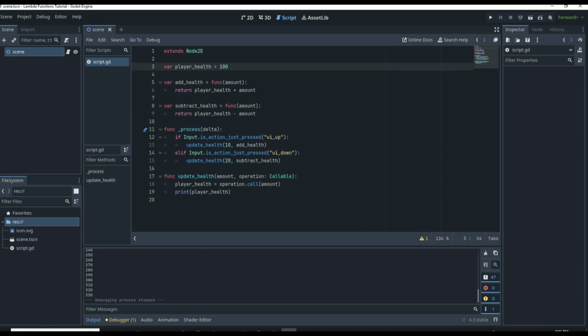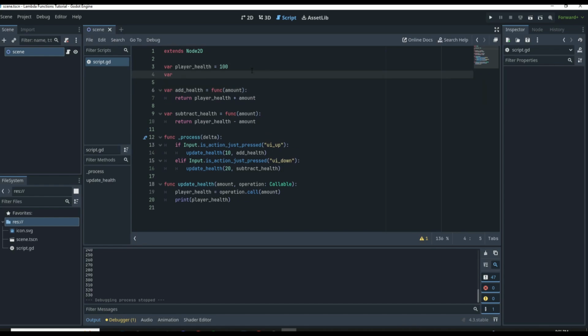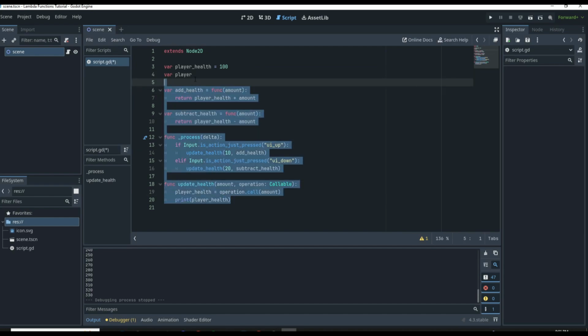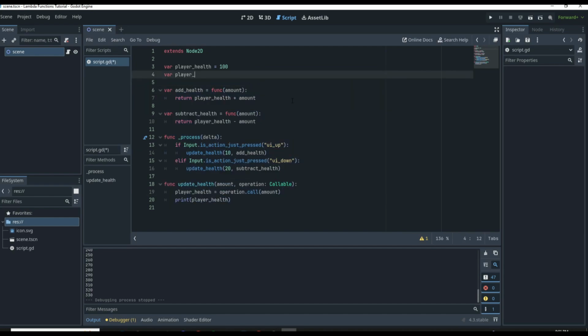And then that brings along another important aspect that I want to mention about callables and about Lambda functions right here. So for example, if we were to create another variable here, hopefully you understand how all this is working here. Hopefully I explained that well. If you do have any questions, then feel free to ask me in the comments and I'll be sure to get back to you. But if we have a max health variable here, which is equal to, for example, 100, because we want that to be our max health, then down here in our add health function,